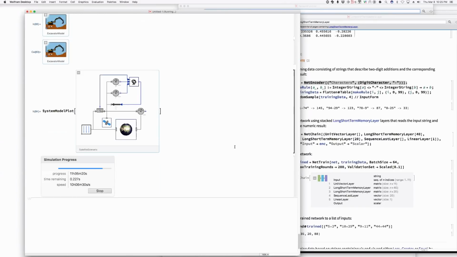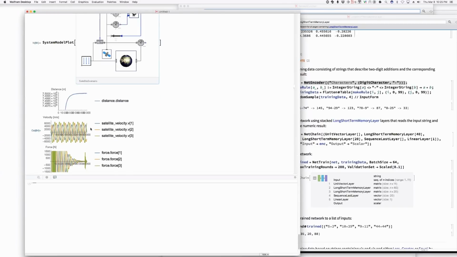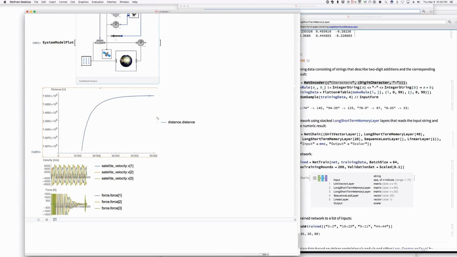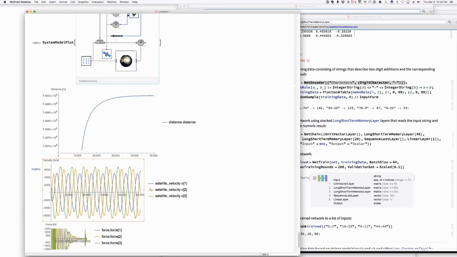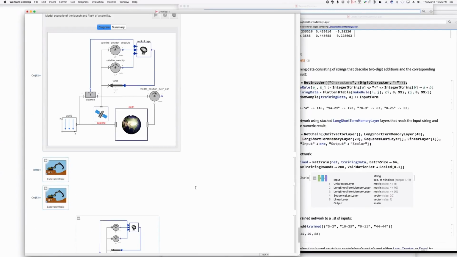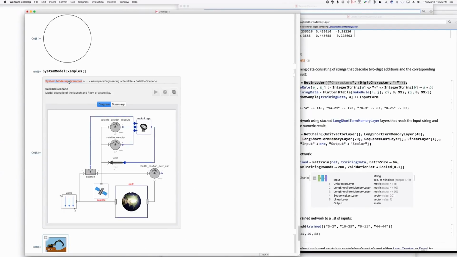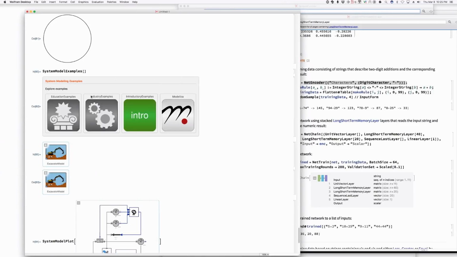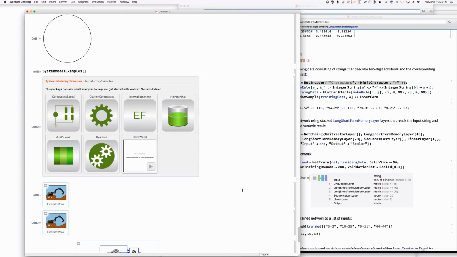It's doing all sorts of low-level compilation. Okay, so now it did a computation. Okay, there we go. So this is now computed from that model. It's now essentially solved the equations of that model to compute these results. You know what? I'm going to start off with a simpler model because I think it's going to be more obvious what's going on. So let's go back here and let's say introductory examples, and let's try